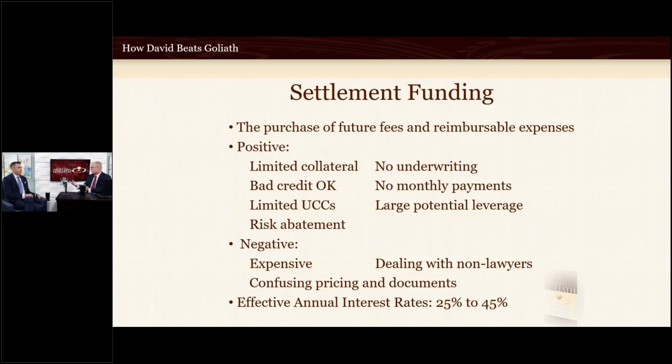We do see firms, you and I both know firms, that get addicted to that because they're running their cash so tight. If you're having to pay 25 to 45% cost of capital, you're probably doing something wrong. Once in a while, maybe, but if you're a serial settlement funding law firm, you might want to look at your business model. And when that settlement does come in, you've got to immediately take a chunk of that and surrender it because you've already had access to it, in addition to the finance costs it costs you to have access to that money,